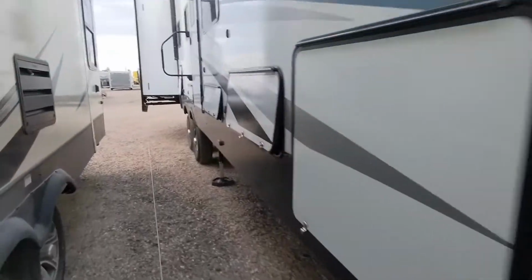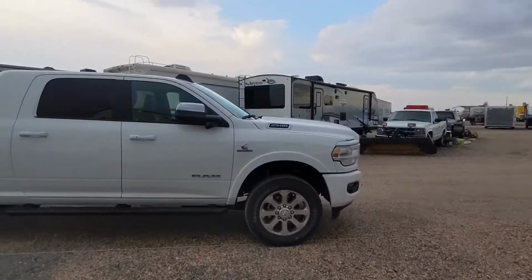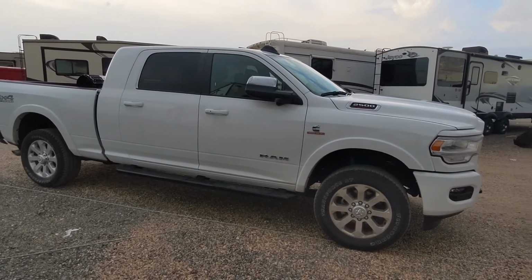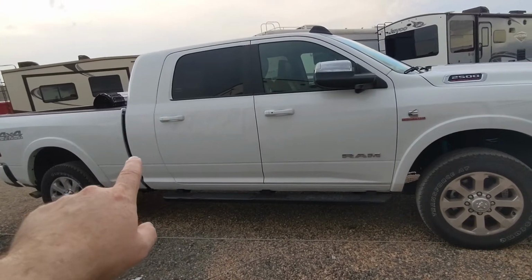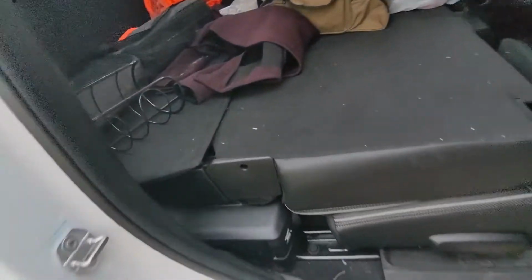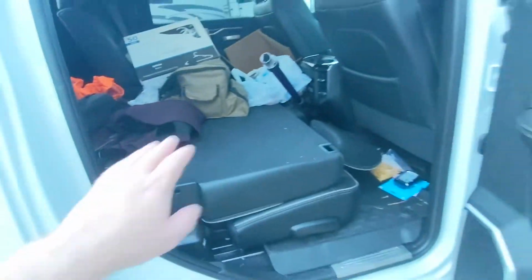So just before we get into the rest of the camper, let's go take a look at my truck. So I am towing this with a Ram 2500 Mega Cab. Now, the Mega Cab is a very long wheelbase version of the Ram. You can see that in addition to a much oversized rear door, it has space behind the rear door. And that is amazing because in the Ram, that means I can fold my seats down, and you can see my messy truck here because I have projects that I'm working on tonight,